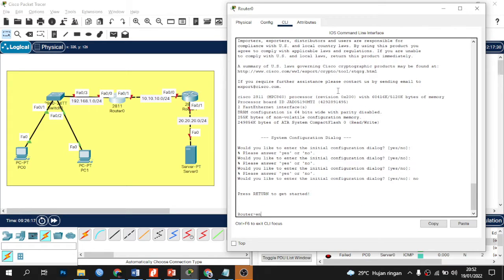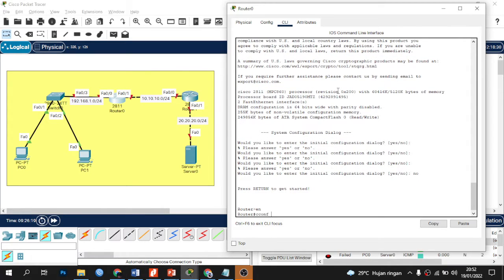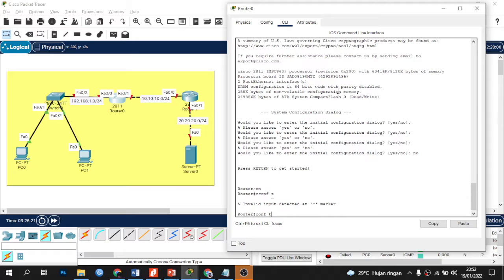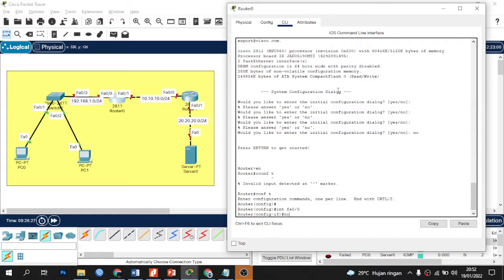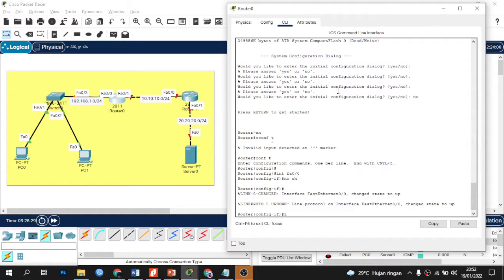Now, enable, enter the global config mode. Interface FA0/0. No shutdown. Add IP 192.168.1.1 with subnet mask.